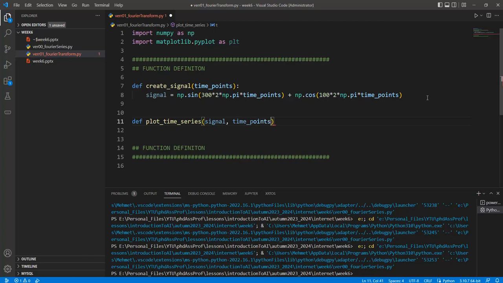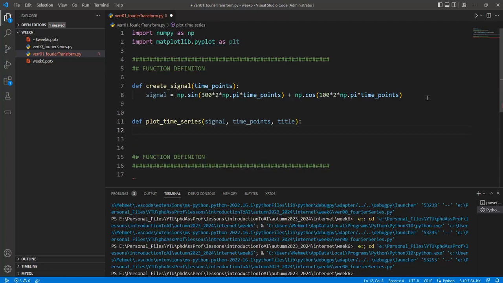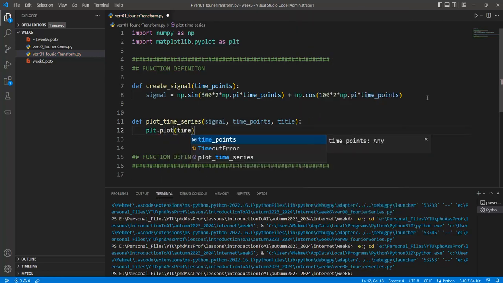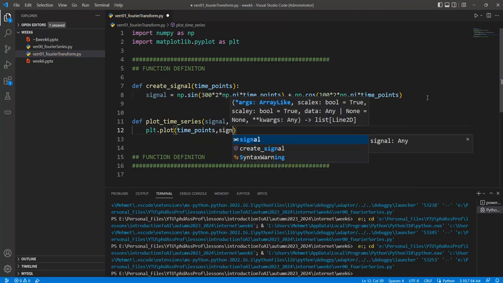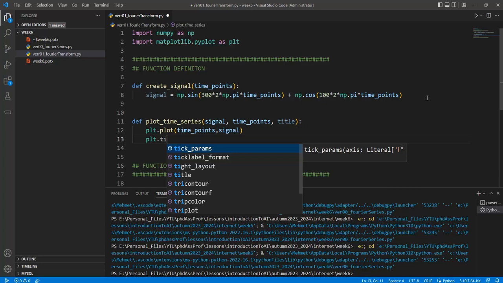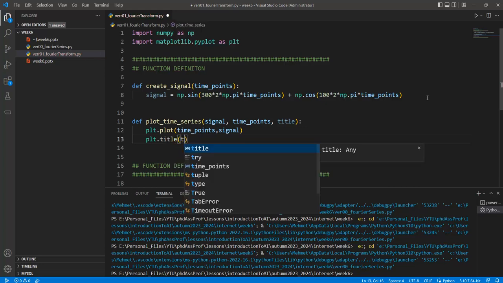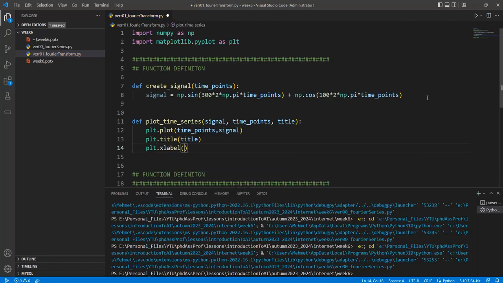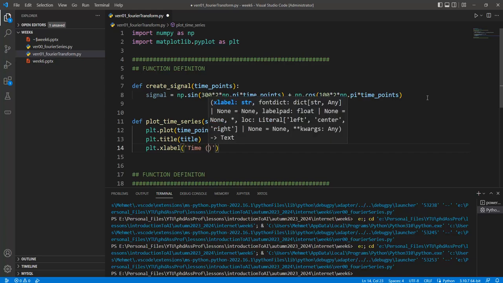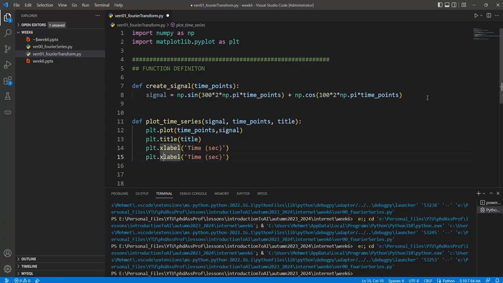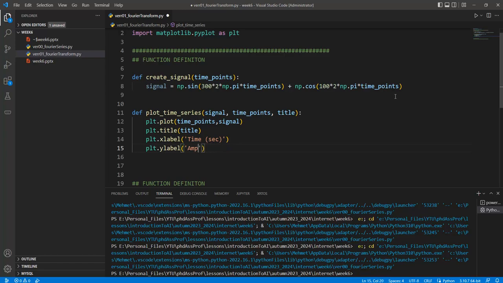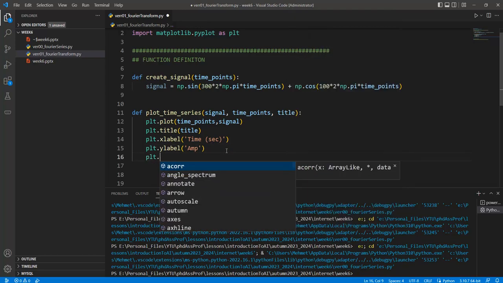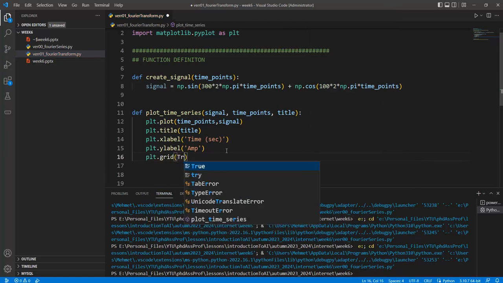And def plot time series can be given in here, like this one, the signal and time points, and title can be given in here. And so plt.plot time points and signal in the y-axis, plt.title is equal to the title, and plt.xlabel is equal to time in seconds, and y is equal to amplitude. Okay, so plt.grid true,